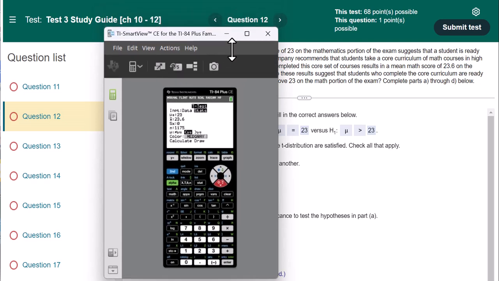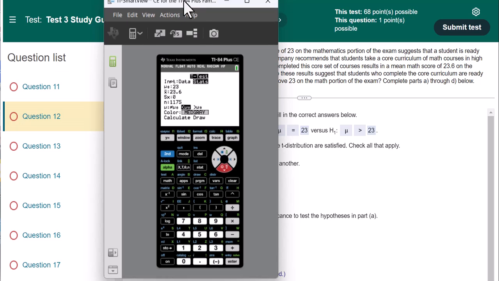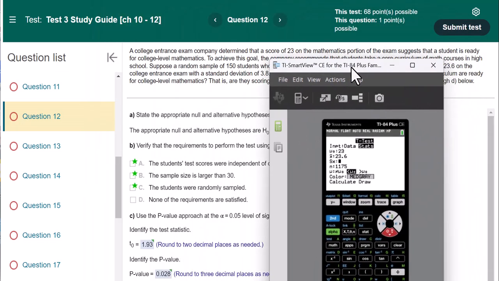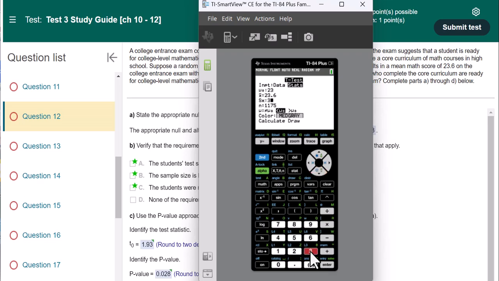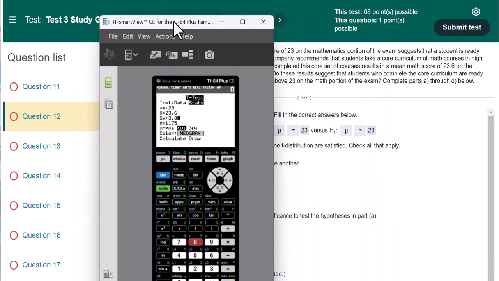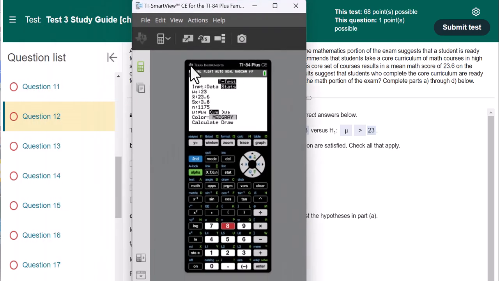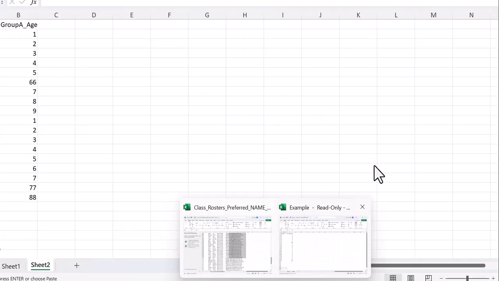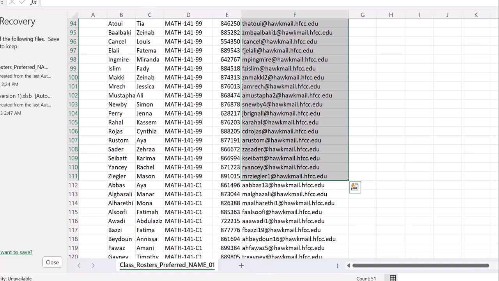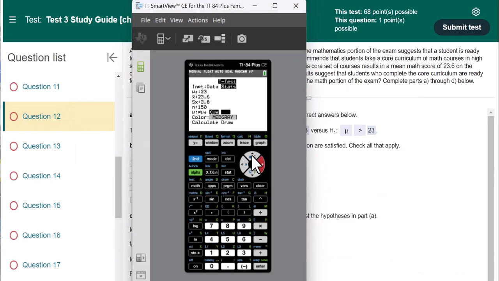X bar is the sample mean, 23.6. S, the standard deviation, was what? 3.8. And the sample size is 150. That's a large sample size. And we test that the mean is greater than 23. Enter. And now if I hit calculate,